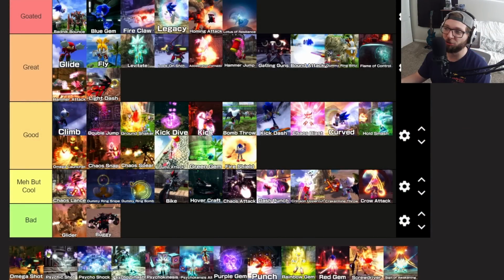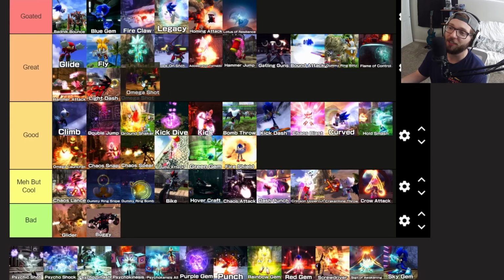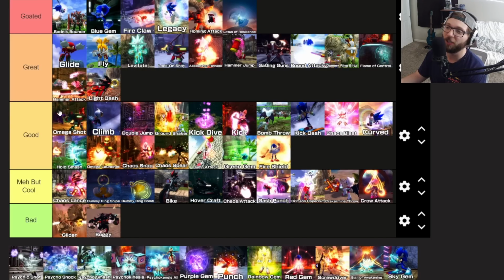Okay, so the Omega Shot, different from the lock-on shot. This is the name of Omega's combat, or his 3-hit combo from Sonic Heroes in Project 06. It's pretty good. It's pretty good. Probably teetering on great. Actually, now that I think about it, I'm remembering back to the Omega bio video. I think maybe for the Omega Shot to be super useful, probably the gyratory finisher needs to have a little